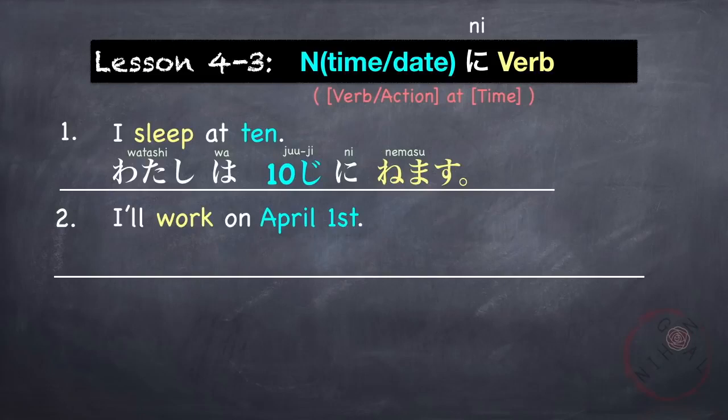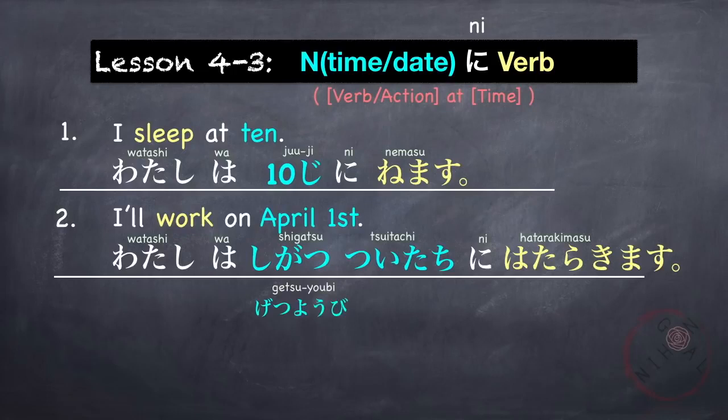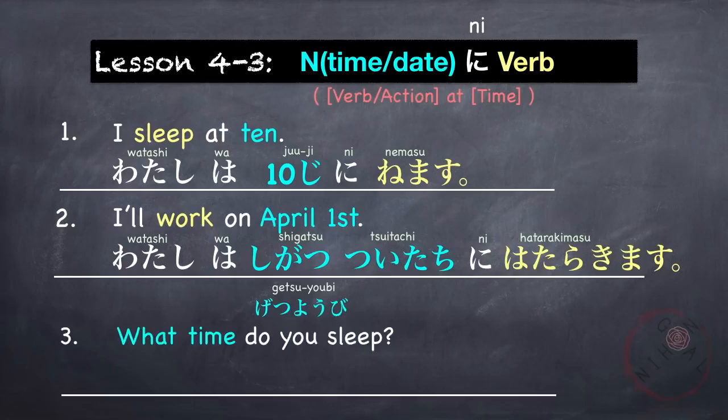Next example. I'll work on April 1st. So this time, the example is using a date. So first, let's say, 私は, April 1st is 4月1日に. On April 1st, I'll work. 働きます。私は4月1日に働きます。You could also say day. For example, 月曜日 or Monday. I'll work on Monday. 私は月曜日に働きます。